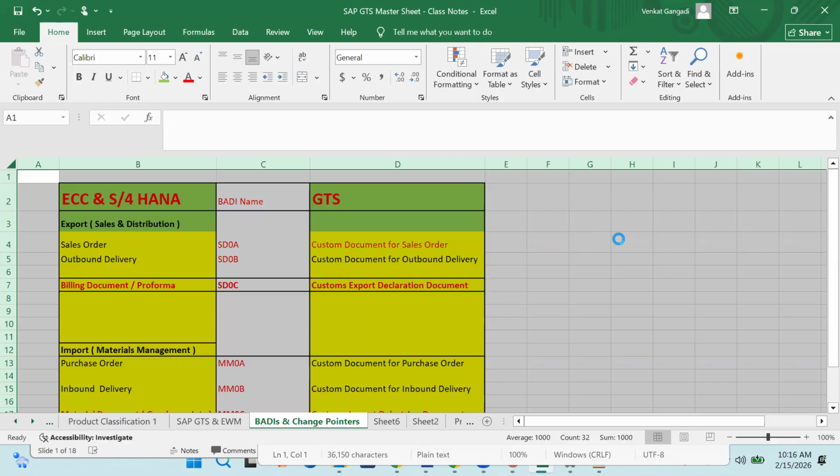In a similar way, for the import side, for purchase order, which module is responsible for taking care of purchasing activities or purchase transactions? Materials management. It's also straightforward. MM is the module where we create all our import transactions. So to transfer purchase order data from the feeder system to the GTS system,